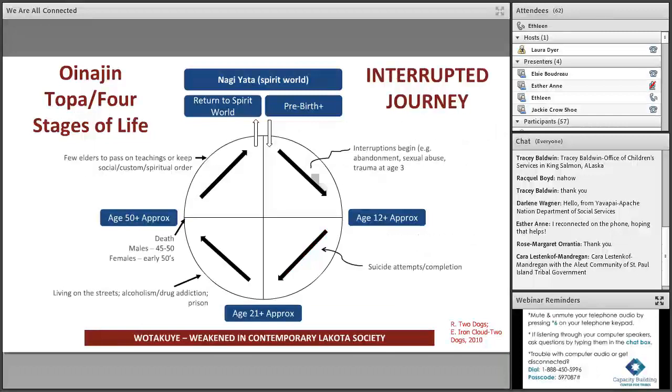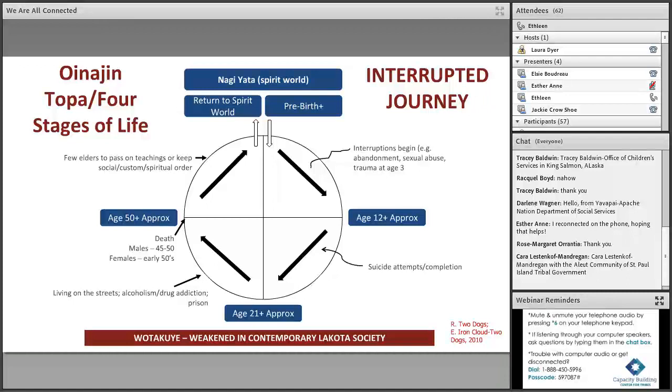So in the interrupted journey, because the healing foundation, the healing ways, are not evident, as in this example, there's more vulnerability. If the young woman and the young man do not get counsel and if they're not mentored on how to care for the child and to treat the child as a sacred being, then there's more opportunity for abuse.